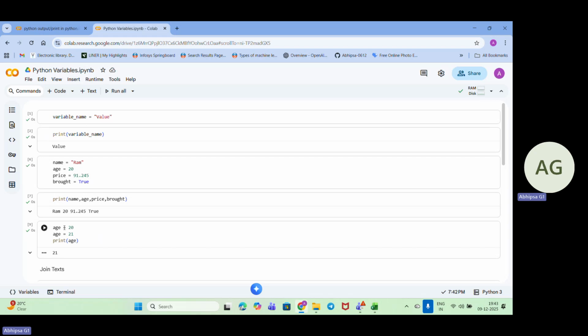Next, the float. Float is the decimal type. This price equals to 91.245. So this is actually my decimal values.